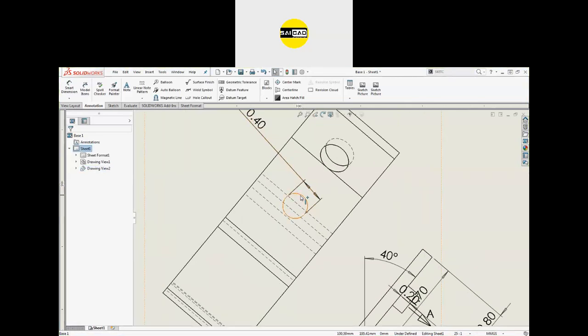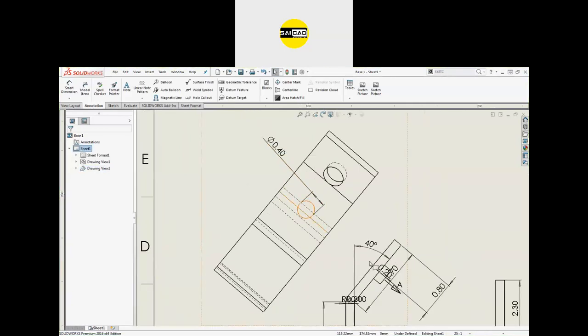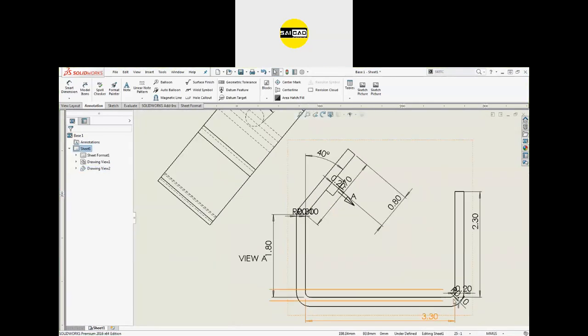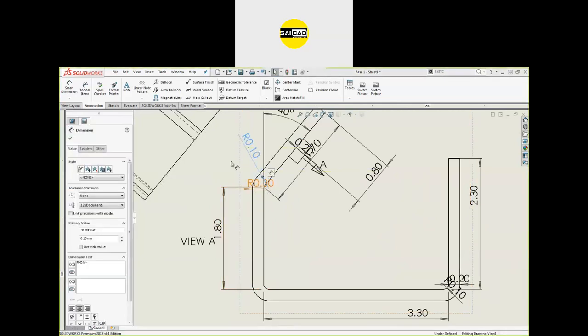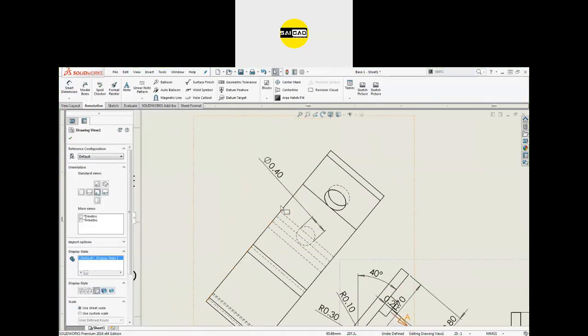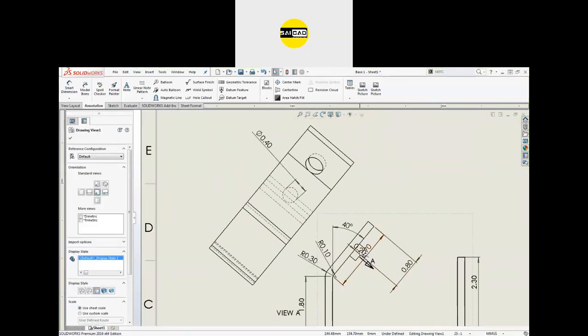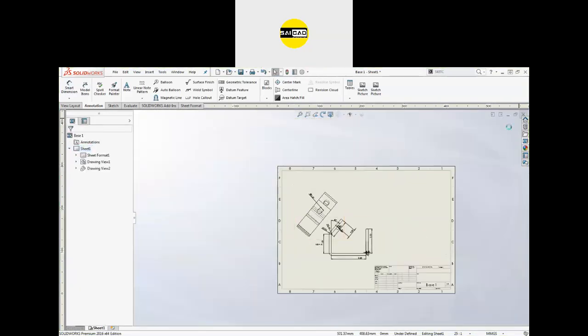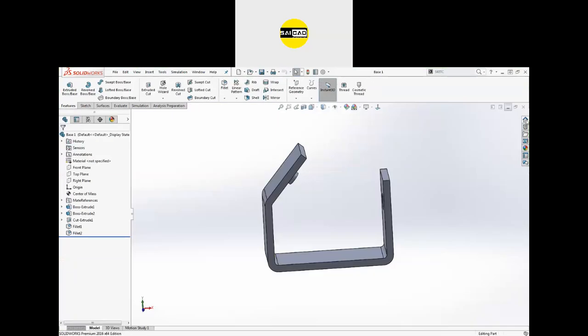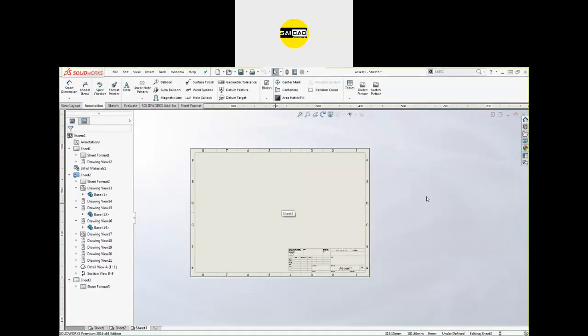Okay, you can see that this is not the diameter dimension, it is a linear dimension. Diameter and the radius dimensions are of this type. You will see a line from the center. So this is the linear dimension, and it was just copied from this view to that view, just like that. So move to the next file.